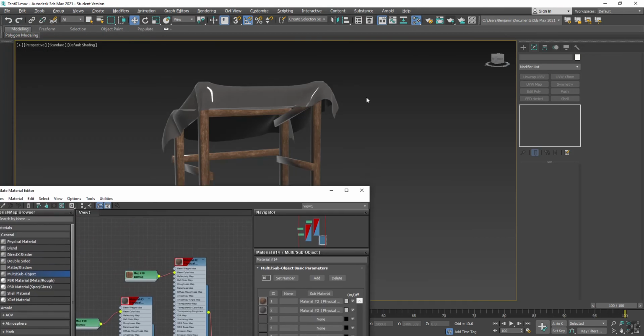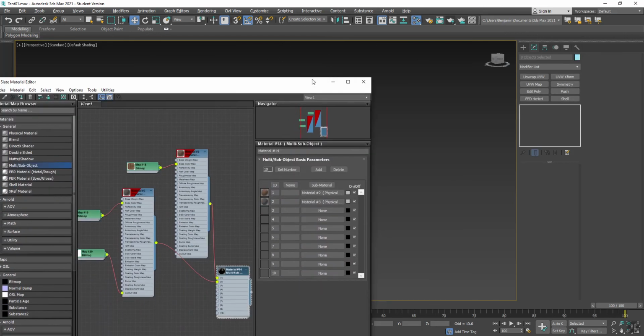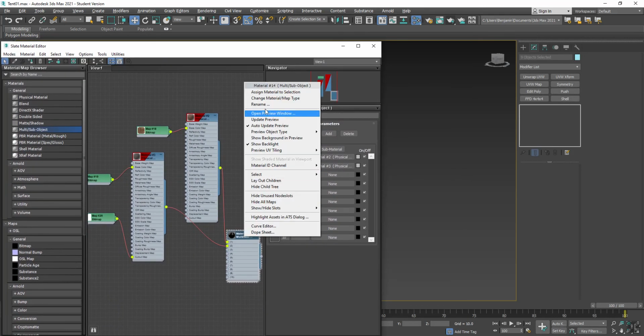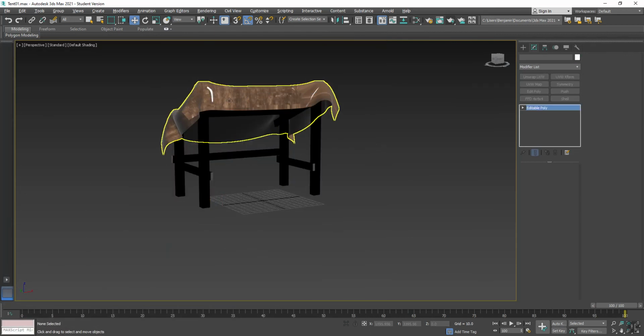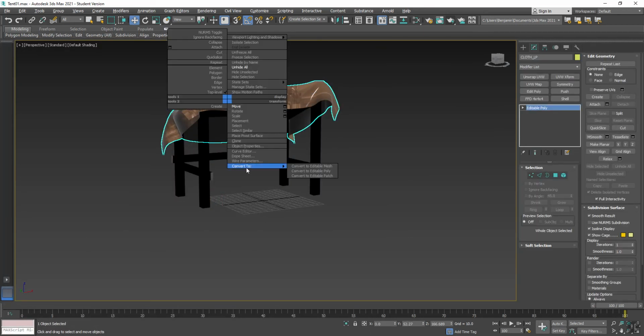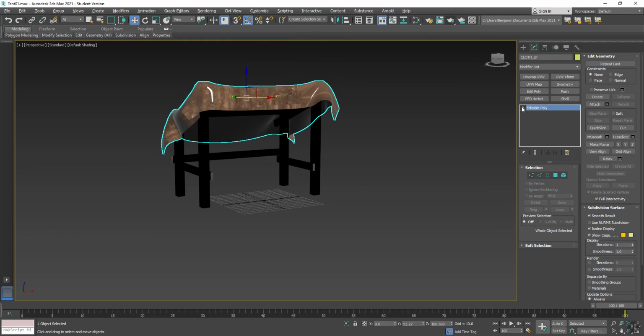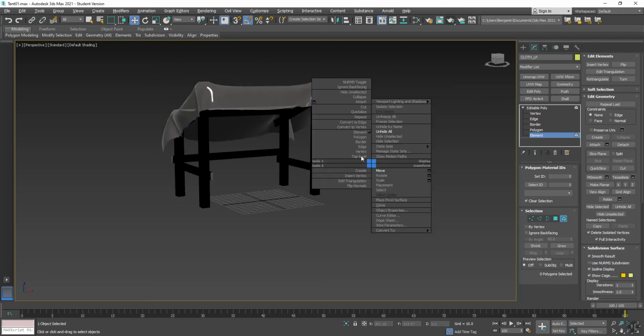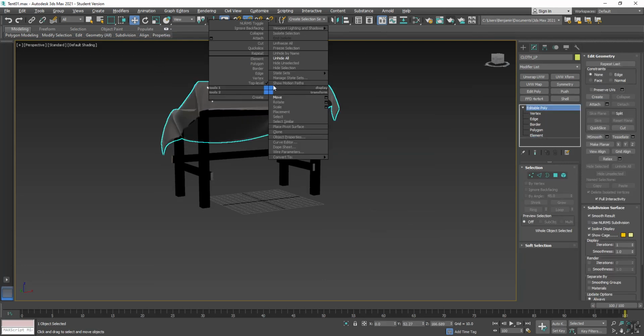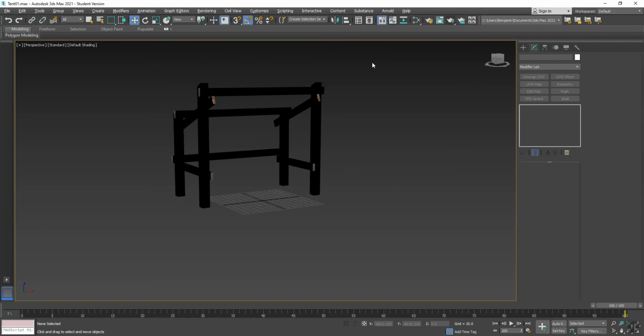I'm going to select everything in the scene and I'm going to assign that multi-sub-object material to it and change the set number just to 2 and say OK. So now I'm going to take my cloth, right click, or go into the sub-object, go into element, click on the cloth and assign it ID2. Right click and hide that, and then I'm going to go ahead and under create,